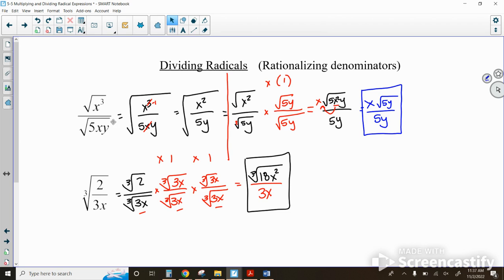So recap, if the denominator is a square root, you need 2 of a kind to get rid of the square root. If the denominator is a cubed root, you need 3 of a kind to get rid of the cubed root. Same thing goes for the fourth root. If the fourth root is the denominator,